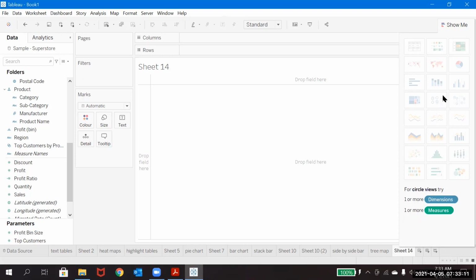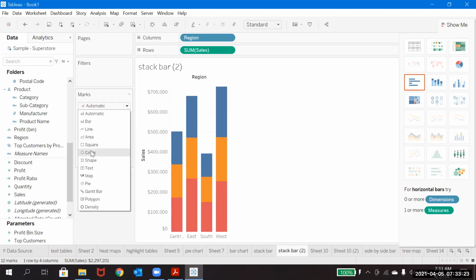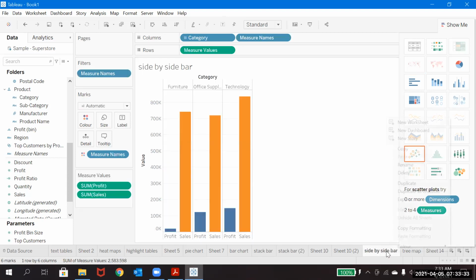These two, stacked and side by side, will look almost the same. I'll just duplicate this and click on the circle. That's it. So that is the circle view you can see there. Okay, and side by side is also similar.